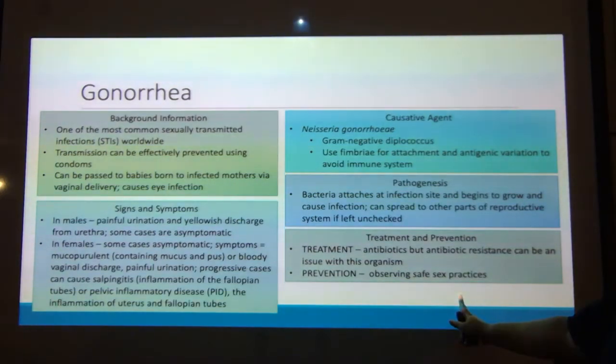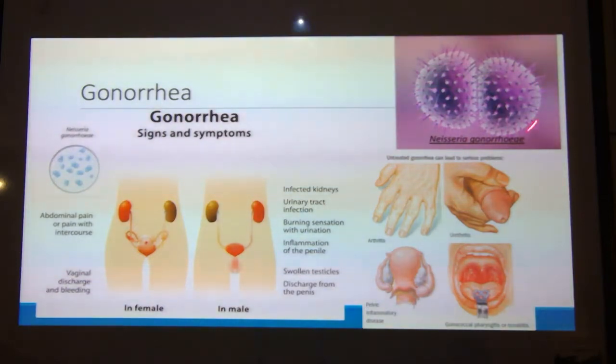Prevention: use a condom. Observe safe sex practices. So this is Neisseria gonorrhoeae. Abdominal pain or pain with intercourse for females, vaginal discharge with bleeding. In males, you can see infected kidneys, urinary tract infection, burning sensation with urination, inflammation of the penile, swollen testicles,